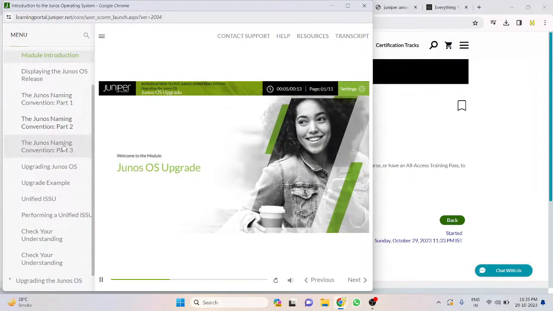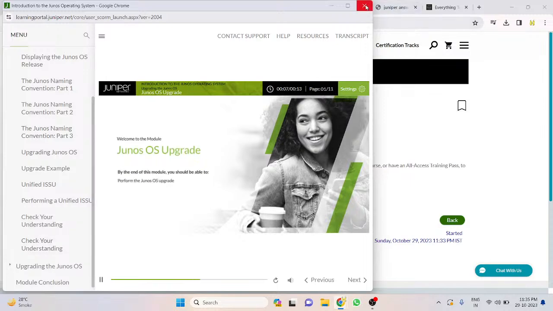Welcome to the Junos OS Upgrade module. By the end of this module, you should be